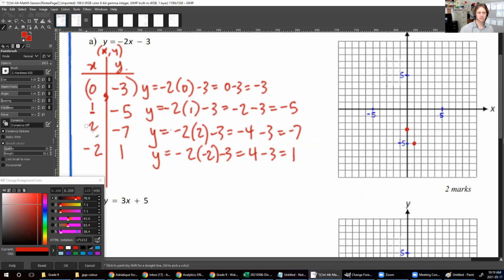When x is 2, I can put little brackets around these, that's fine too. Or I could do this one, x is negative 2, and y is positive 1. So negative 2, comma, 1. And if I connect these up,